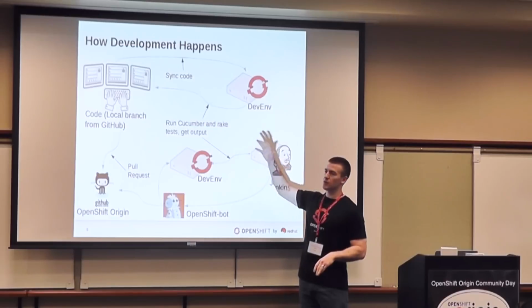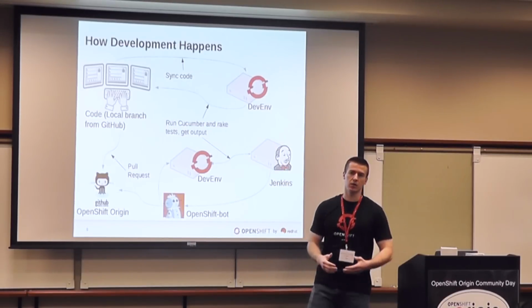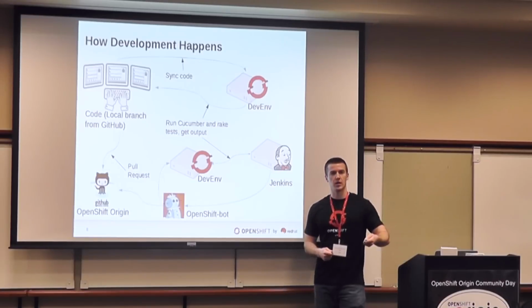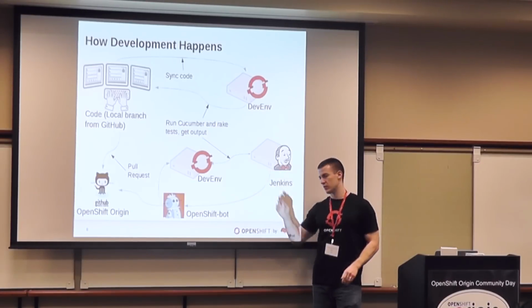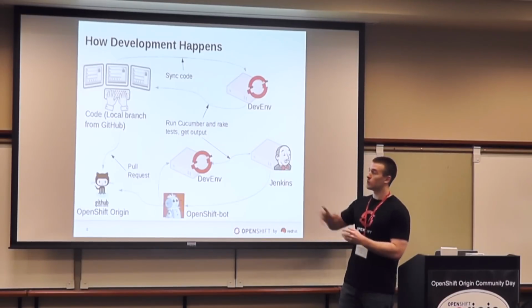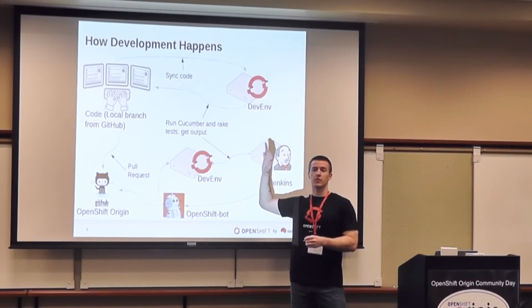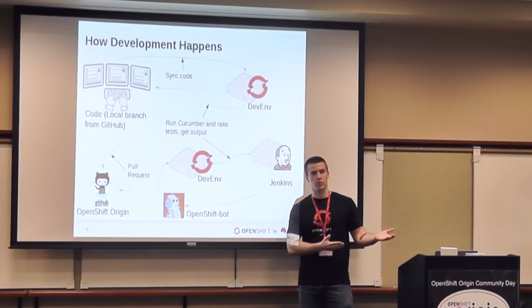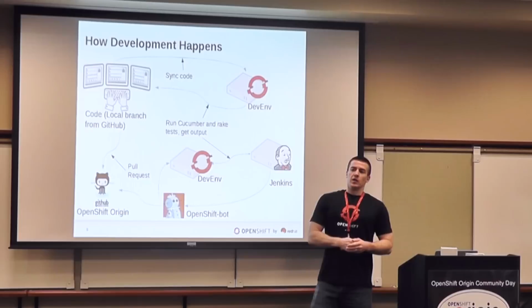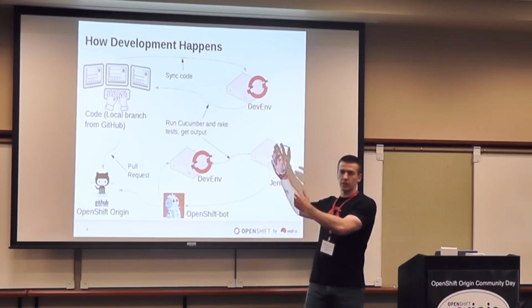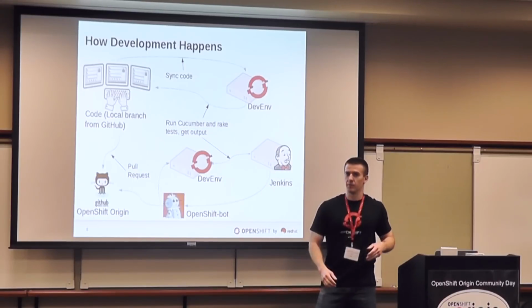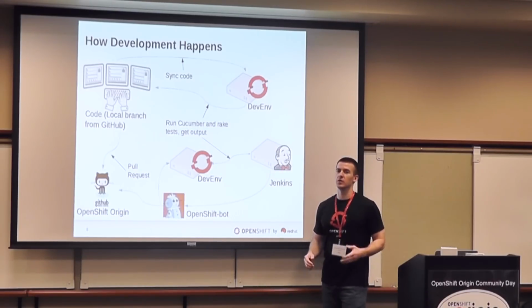Anyways, so it's going to kick off the Tito build again, creating a local repository of RPMs, and we'll yum install those, and we'll yum update them. We've already pre-installed, and then from that point you can kick off our set of Cucumber tests and our rake unit tests and things like that, and it'll bring back reporting information. If you break the build, this is where you should break it, on your own devenv, before you try to merge it into master. But if you try to merge it into master, we can tell you no, stop that,